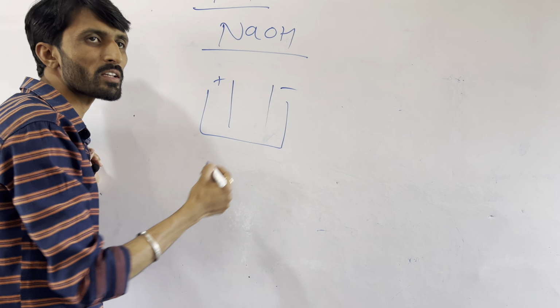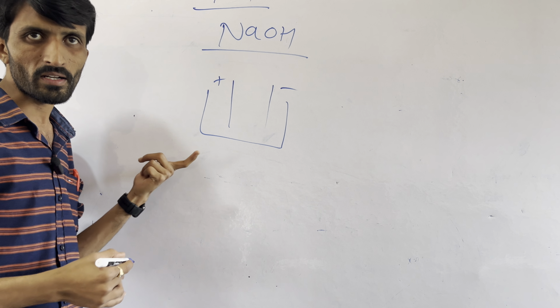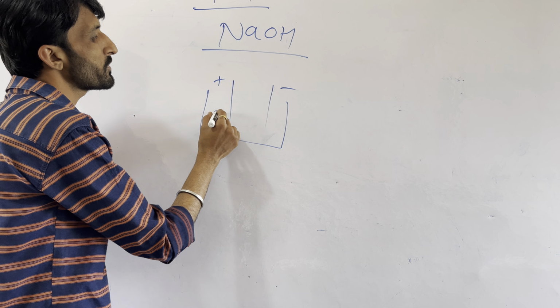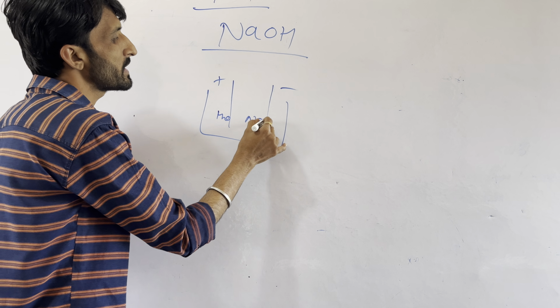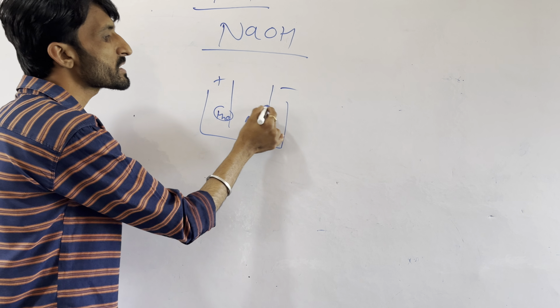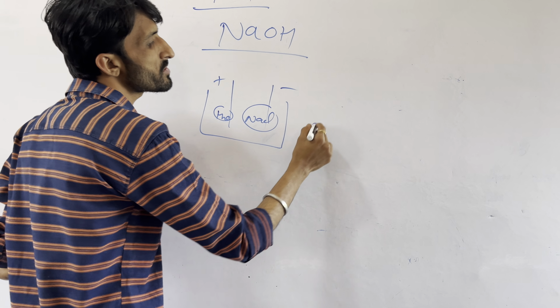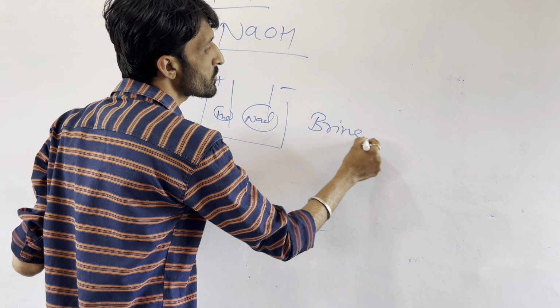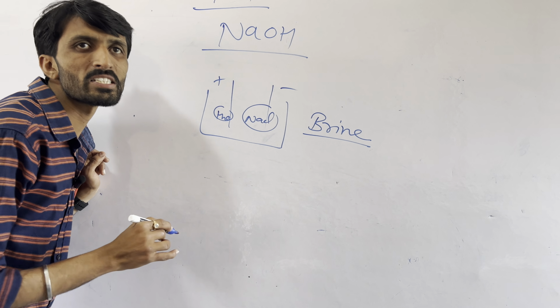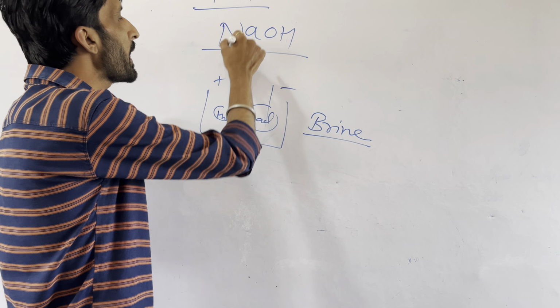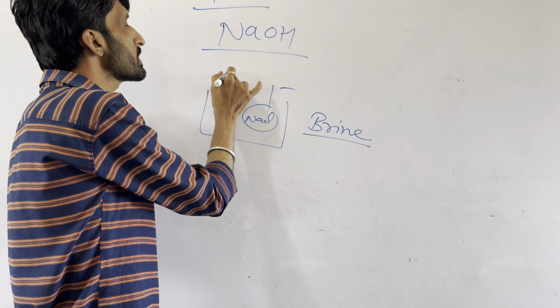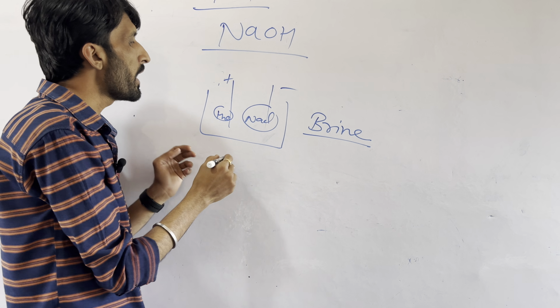In that we added the water. Which water? Salty water. Salted water means inside that we have H2O and with that NaCl. Whenever water is mixed with NaCl, this mixture is called a brine solution. Which solution? Brine solution. So as you are passing the electricity into this one, current will go and